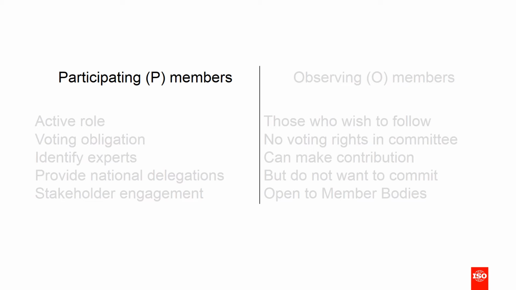Starting with the P members, P membership to the ISO technical committees is reserved only to the ISO full members. They're the only members at ISO that have the capacity to choose to become a P member. Once they choose to become a P member, they accept an active role. And what does that mean? Well, it means that they have voting obligations and they must appoint experts to the different working groups so that they contribute to the technical work. They also need to